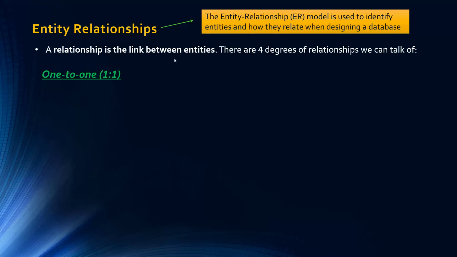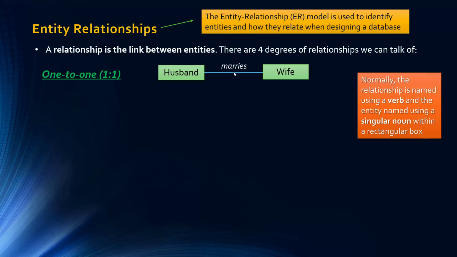So the first one is a one-to-one relationship, and sometimes written like this. And so, for example, in real life you have a single entity, the husband is married to the wife, and we tend to write this kind of, so this is our kind of plan, this is our kind of diagram to do. So maybe it's better to think about it more as a flowchart kind of planning diagram. And so usually we write the relationship as a verb along kind of a line, and we write the entity in a box, and it's a singular noun. And so this is just one-to-one. One husband is married to one wife, unless you're actually, let's not go into that.